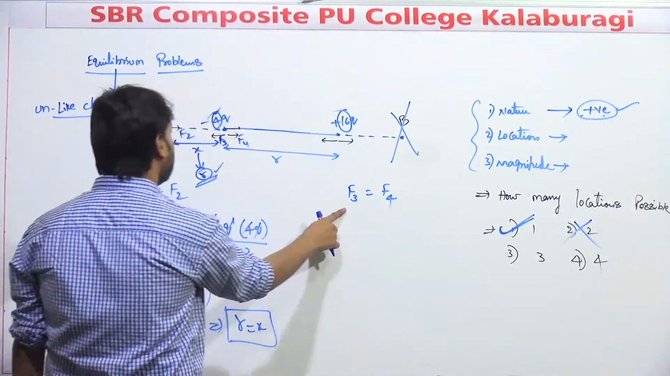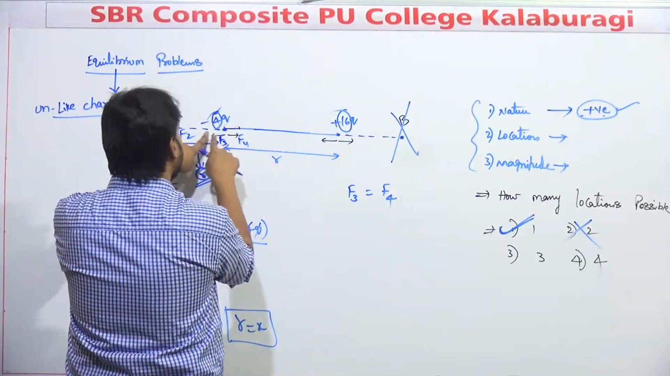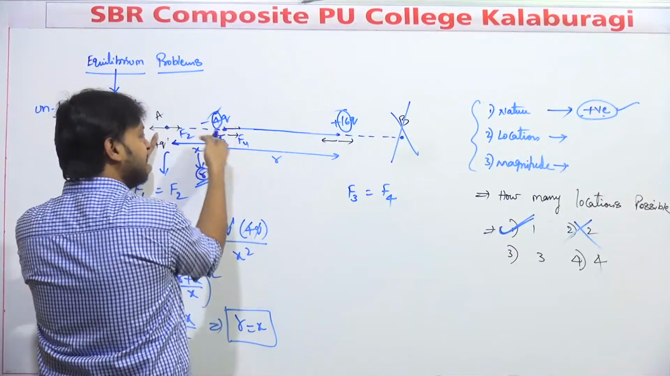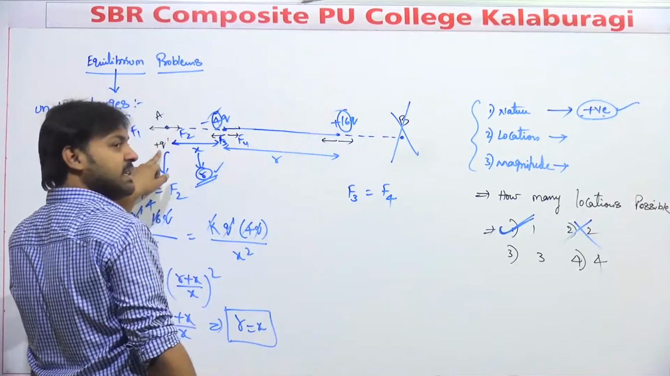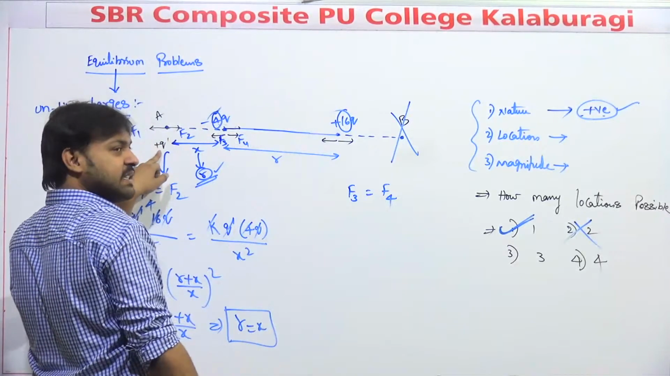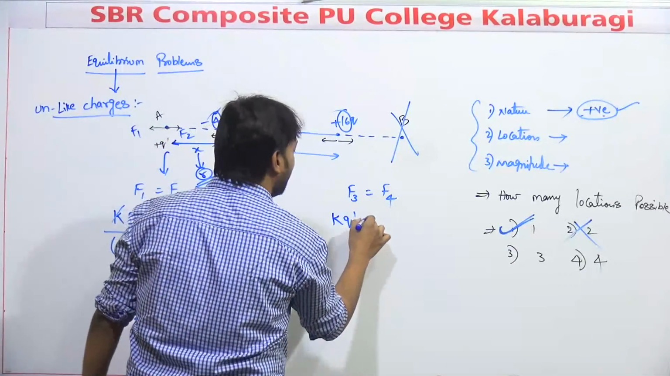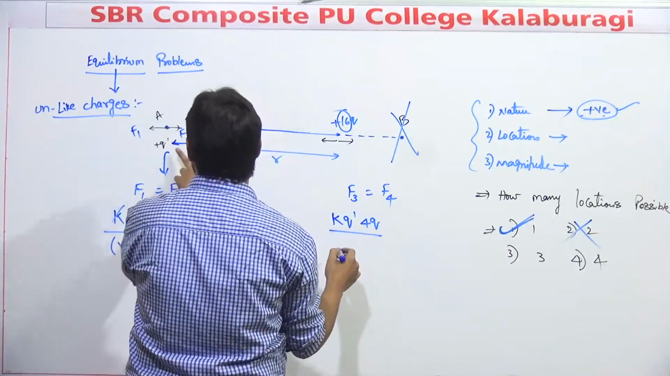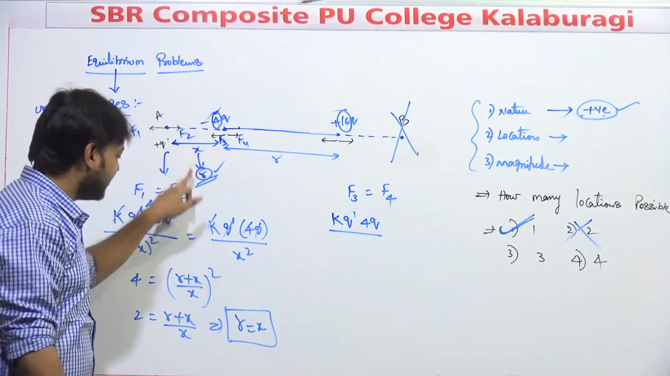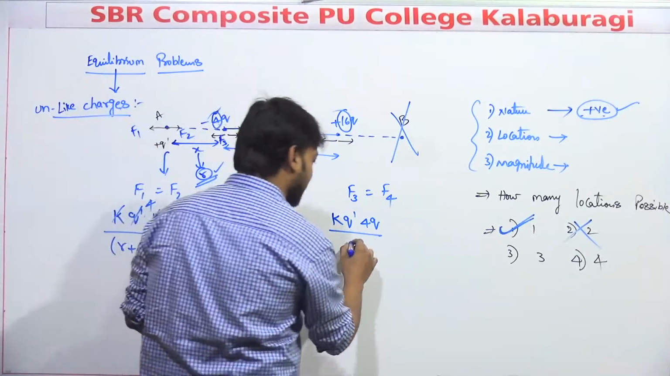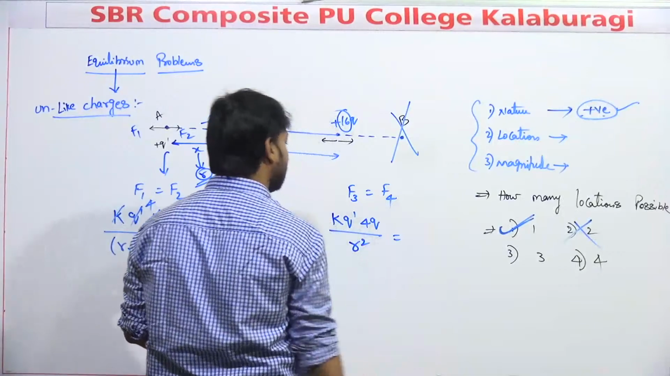So F3 is in this direction. Negative and positive will be attractive. F3 is due to plus Q dash. So it will be K Q dash 4Q divided by X square. X is nothing but R, since we calculated X equals R. So I am writing it as R square, which is equal to